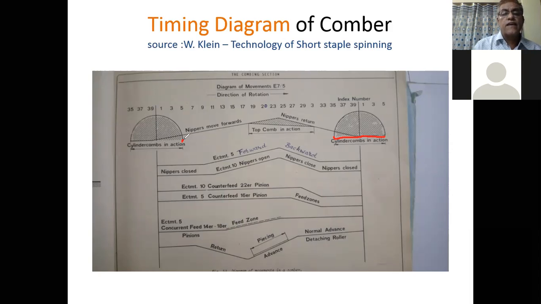What we have studied earlier is that after combing, the nippers move forward. As is clear from this timing diagram, the nippers are moving forward, and they will be moving forward till index number 24.